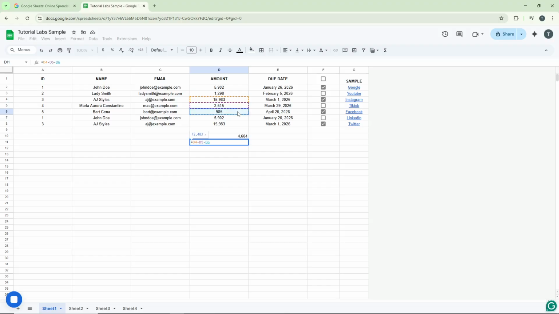You can continue this pattern for as many cells as you need to subtract. When you're finished adding all the cells you want to include in your subtraction, hit enter. Google Sheets will process the entire formula and give you the final result. And there you have it, a straightforward way to subtract cells in Google Sheets, whether you're working with two values